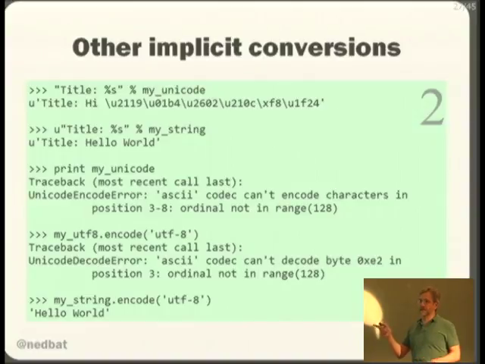There's a lot of places these implicit coding errors can happen. Let's just take a look at a few. Here's a byte string format string formatted against a Unicode data string. It has to convert the format string into Unicode and then do a Unicode format, right, to produce a Unicode result. Similarly, you can have a Unicode format string with a byte string. It'll have to decode the byte string to make it a Unicode to do the Unicode formatting to produce a Unicode format string result.